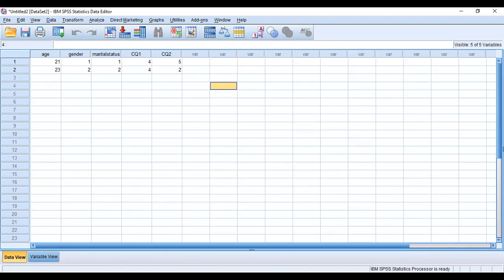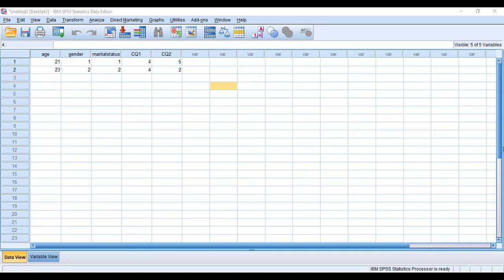Okay, now I have already, see, here is the output window. Remember we were talking about 3 different windows. This is your data editor. This is your output window. So the output window keeps a log of everything. Okay. So what did we open? What did we close? New file has been opened.